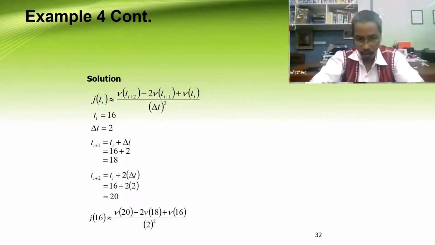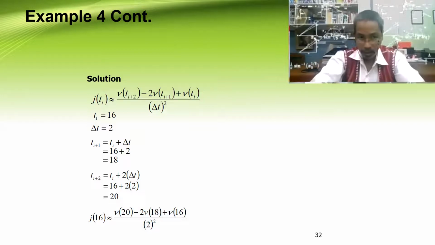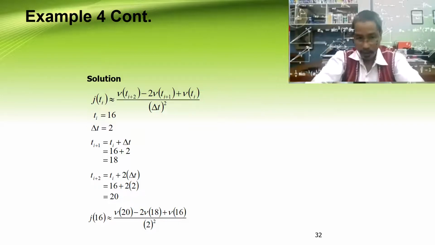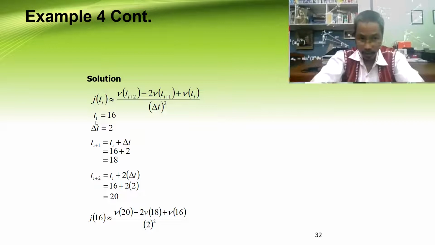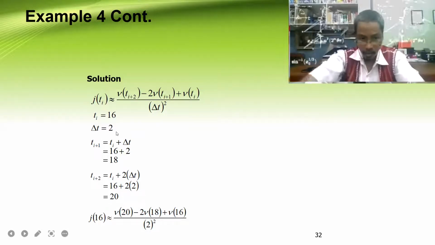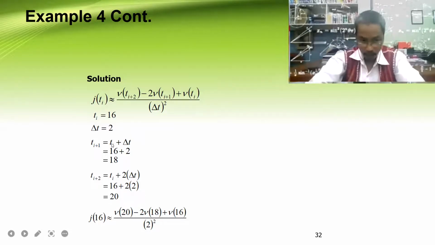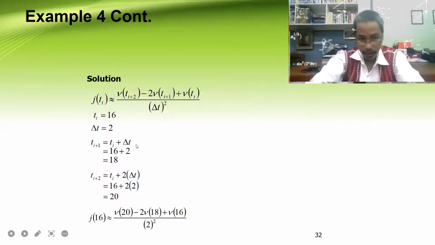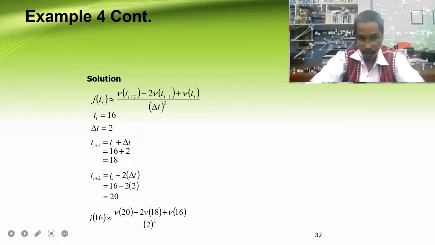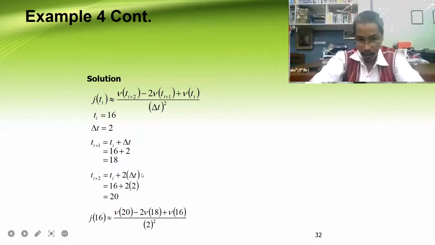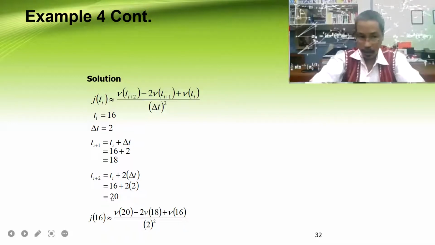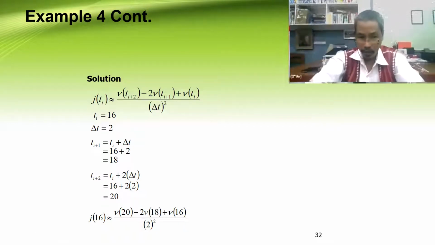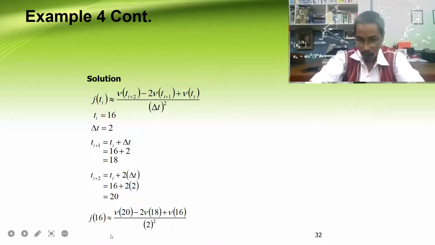So we need to find out what is t i plus 2, what is t i plus 1, and what is t i. t i is 16. Delta t is 2. And therefore, t i plus 1 is t plus delta t, that is 18. What about t i plus 2? That is t i plus 2 delta t, that is 16 plus 2 times 2, that is 20. And therefore, we have the following